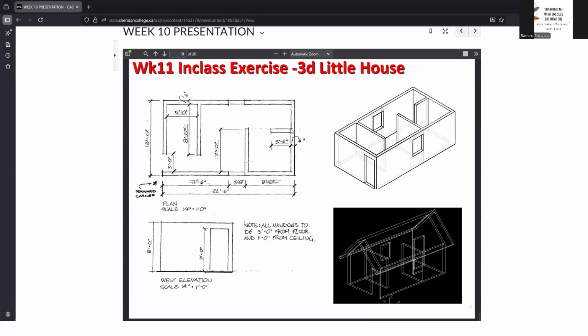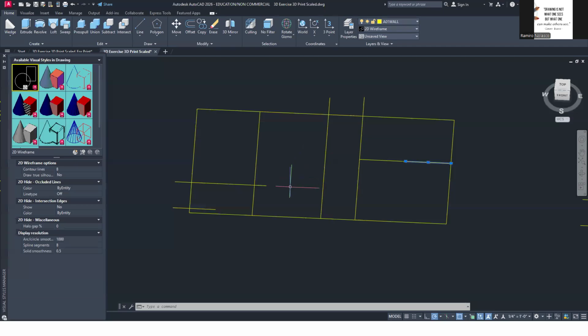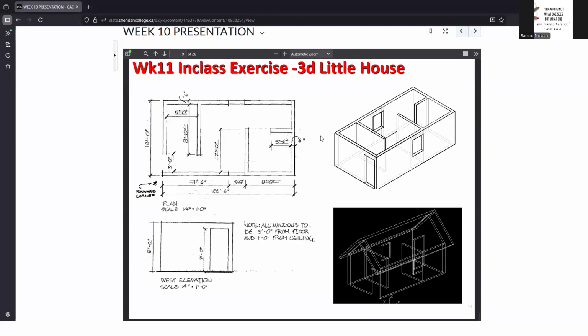So I can create a polysolid. I'm going to use the polysolid command to create this wall. I also placed there as a guideline 7 feet. So 7 feet will be right there. I extended this because I'll need the window location, which is aligned to that 7 feet. So I can extrude and get that out.